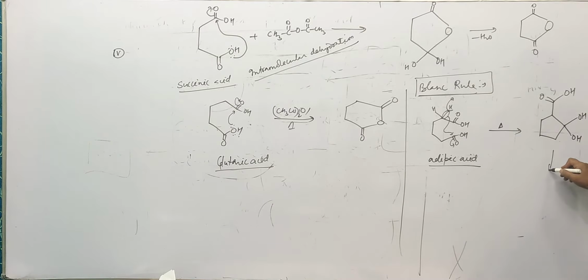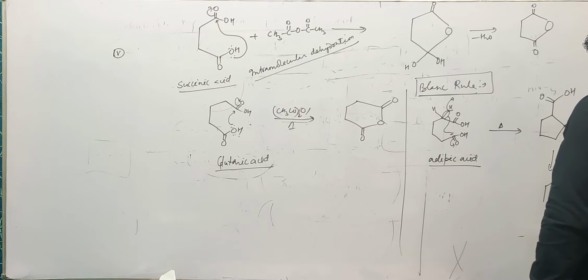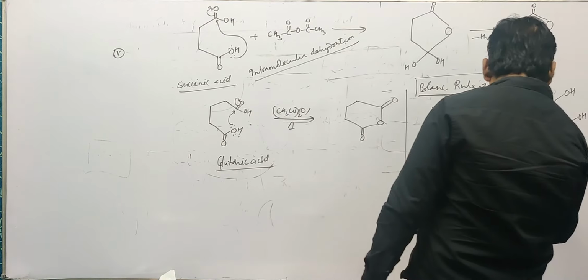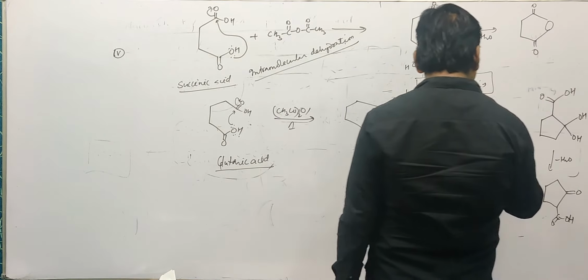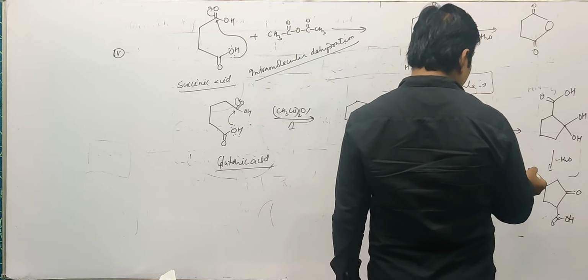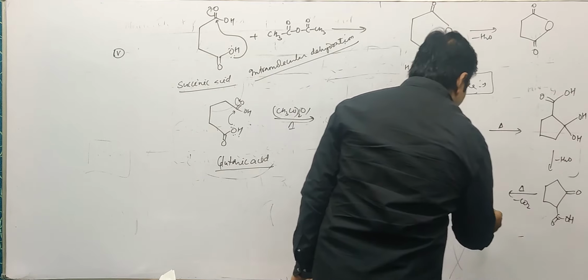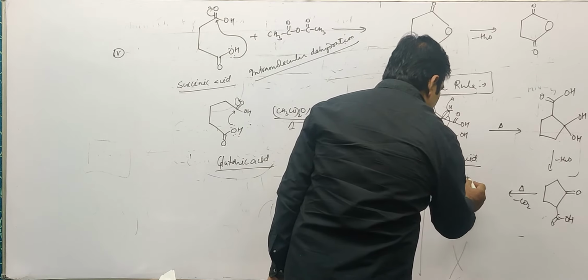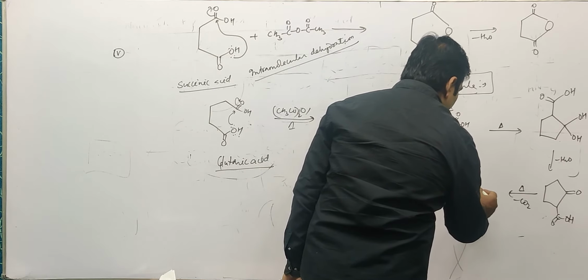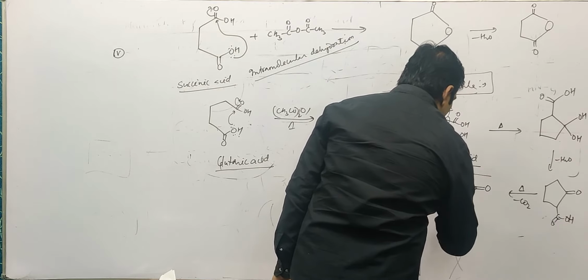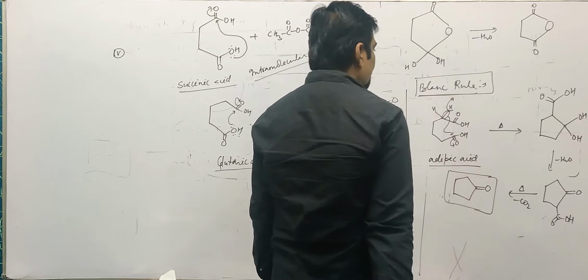Okay, they undergo the loss of a water molecule and then it becomes like this. Over here there is a C double bond O, and at this place there is C double bond OH. Further, if it is heated, no matter whether they are heated alone or in presence of anhydride, upon heating it loses carbon dioxide and becomes a cyclic ketone. So a 5-membered cyclic ketone is formed as a major product. This is according to Blanc's rule.